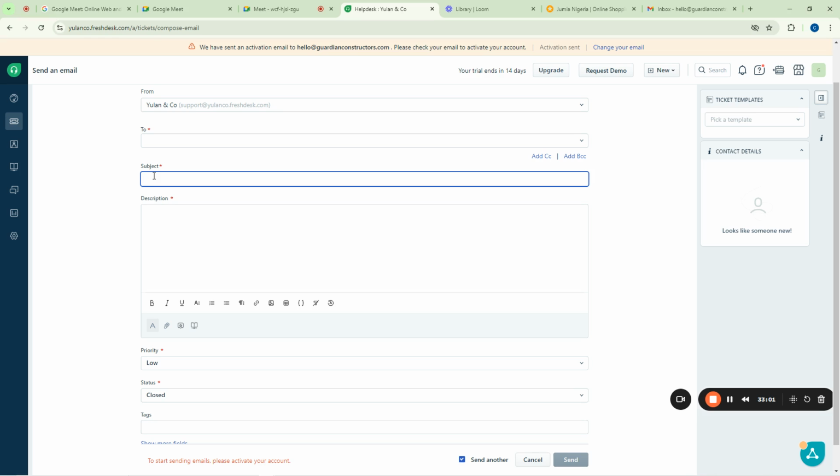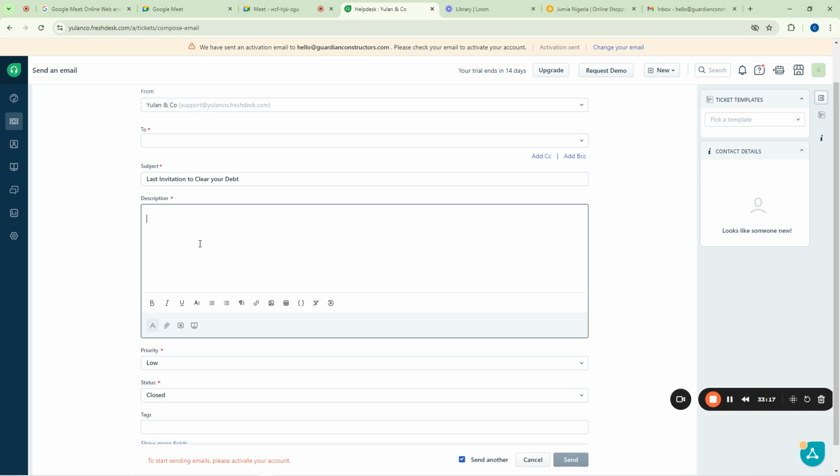You can say last invitation to come or to clear your debt. To clear your what? Your debt. And then description, you can also say, okay, dear customer, we at Access Bank Nigeria Limited are, don't mind my writing, I don't know why this thing is misbehaving, so Access Bank Nigeria